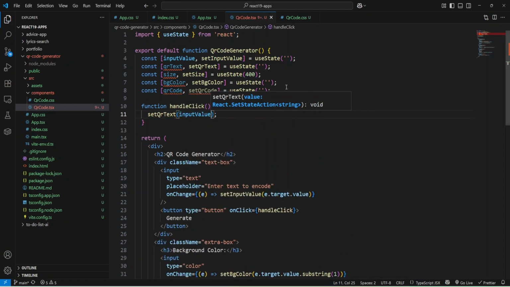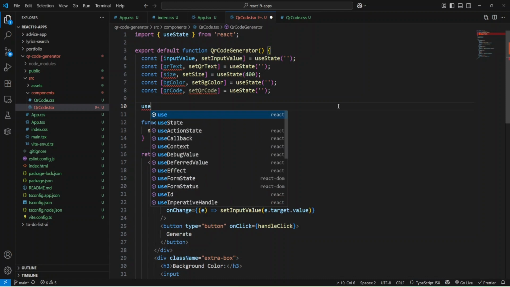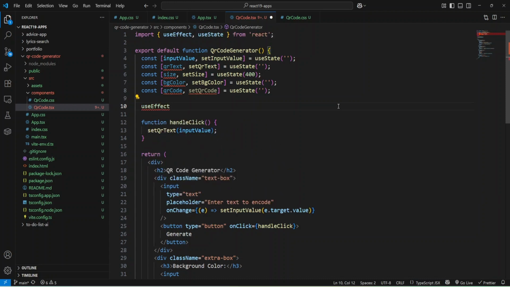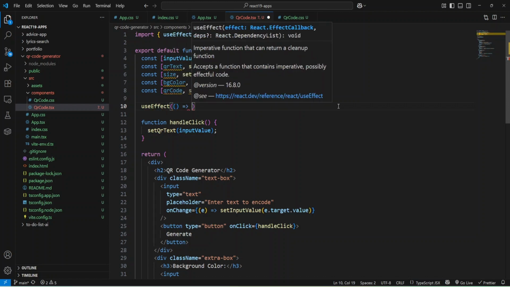Okay, and now we can add the useEffect hook for when we're changing our values like size or QR text or color. We'll call an API to get our QR code, and for that I need to use the useEffect hook, and we'll provide some function to it.